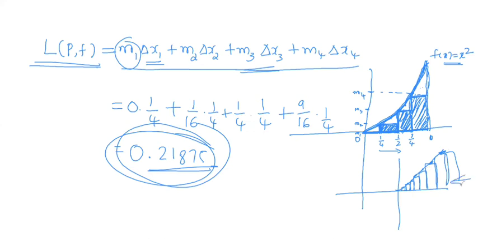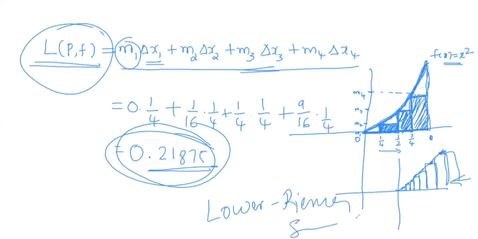As the number of subintervals increases, the rectangles below the function curve increase. So that will decrease the triangle part which we neglect in the case of lower Riemann sum. Hence, as the number of subintervals increases, the lower Riemann sum gradually increases and it will approach the standard value, the standard area. So this is in the case of lower Riemann sum.